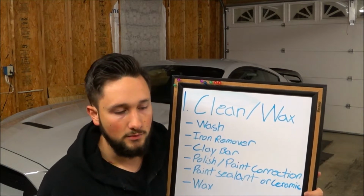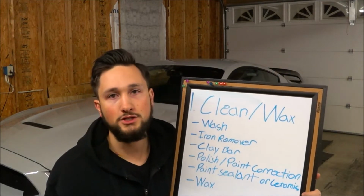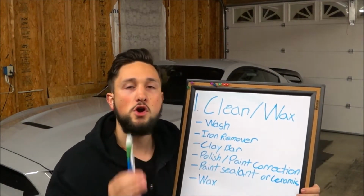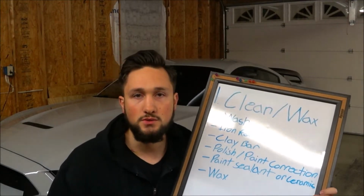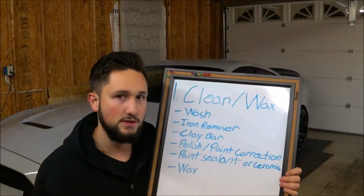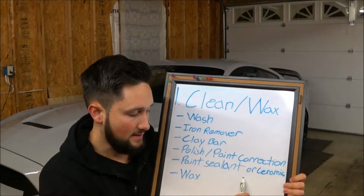There's CarPro Quartz, there's Ceramic Pro, there's Kamikaze, there's a whole bunch of different ceramic coats out there. CarPro used to be the best, or it still might be the best, but it's very expensive. But now, as time goes on, brands have caught up, and there's a lot of good ceramic coating brands. If you don't do the ceramic coating, after the paint sealant,